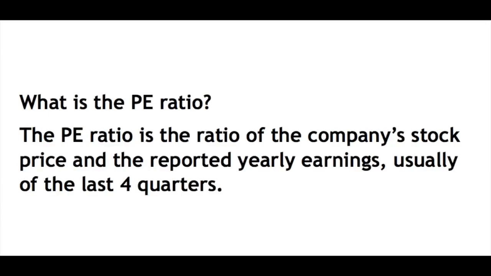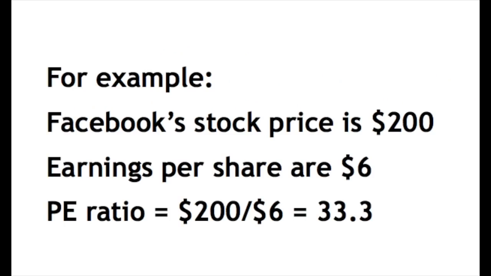So let's start with what is a price-earnings ratio. The price-earnings ratio is the ratio of the company's stock price and the reported yearly earnings, usually of the last 4 quarters. Trailing price-earnings ratio. For example, Facebook's stock price is 200, earnings per share are 6, price-earnings ratio is 200 divided by 6,